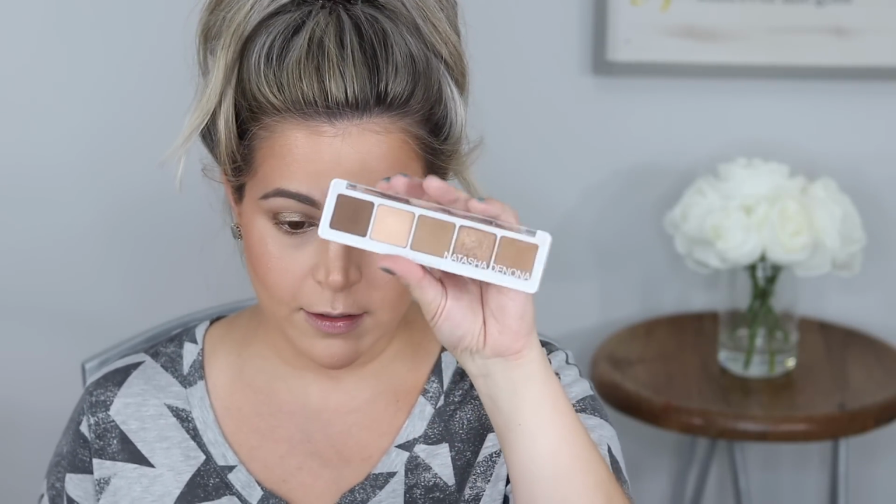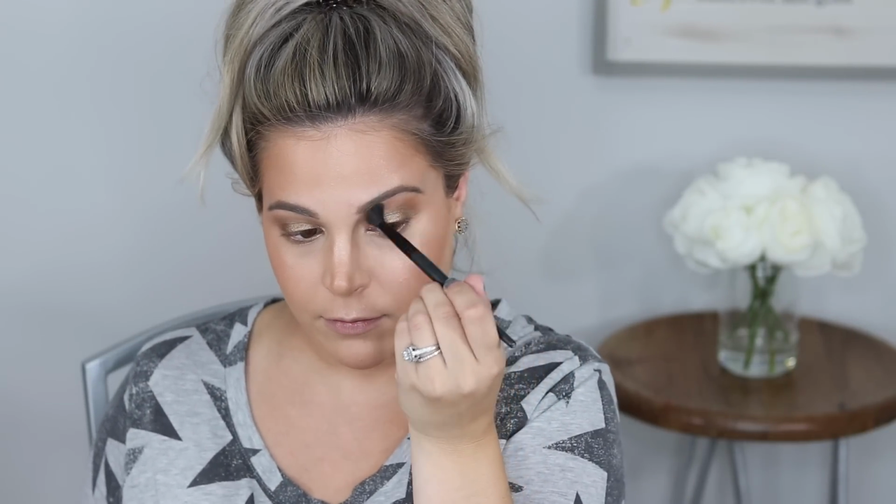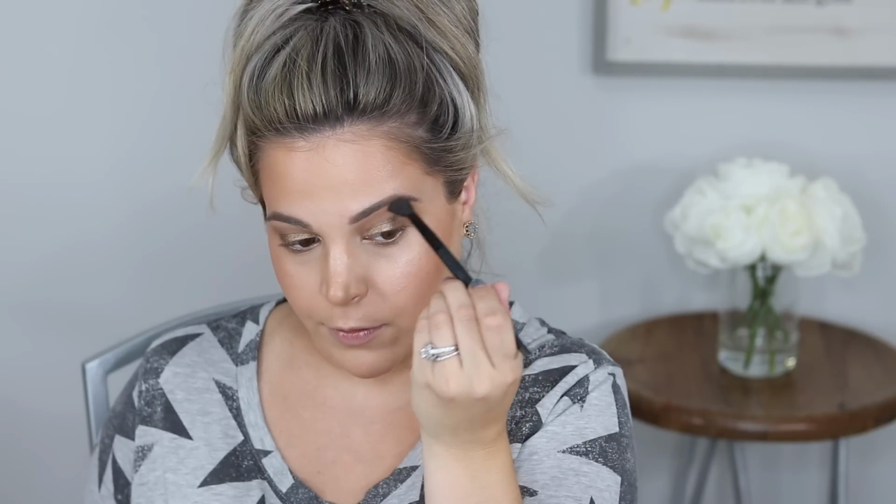And then I'm going to take the Natasha Denona Camel palette, such a great neutral palette to do a little crease work. Just taking this middle shade. Now on the upper part of the crease, I'm going to take the more orangey camel color shade and buff the upper crease out, almost towards your brow bone. And then I'm going to take that fluffier brush I used before with the highlight shade and go right under the brow bone. I will take the darkest brown